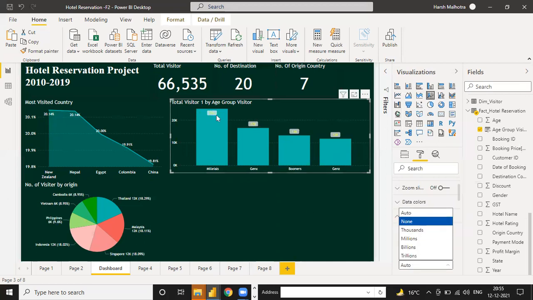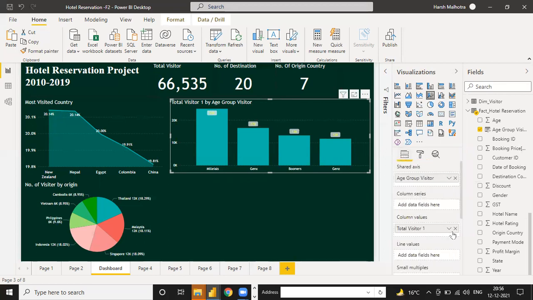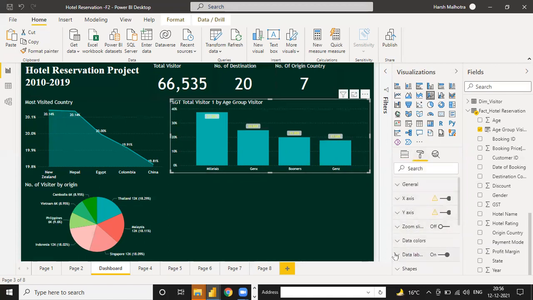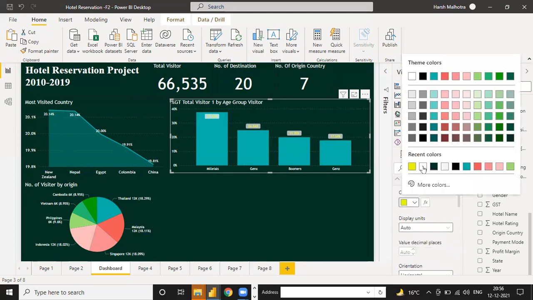See here also the value is numerical, but I am going to show it as a percentage. So click this, show value as percentage. So now it is good, 37. Go to this data label, some other color I want, like black.